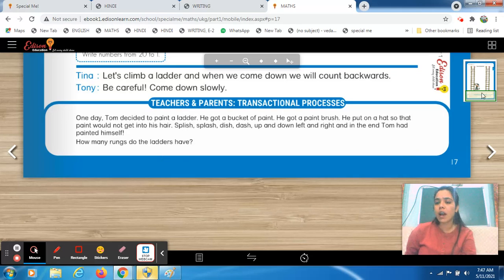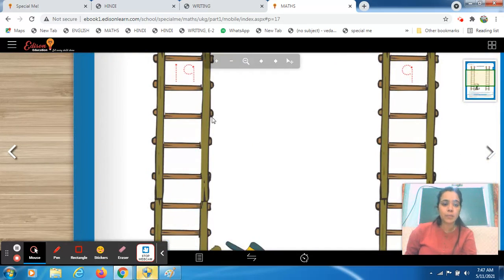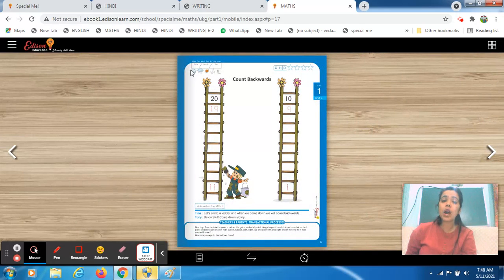Acha, I will tell you what is the meaning of rungs. Rungs means, ये देखो, this is the horizontal support ना जिस पे आप अपने feet रखते हो and you go up, right? So these are the rungs. ये जो horizontal support होता है जिसके through you go up, so उसको आप क्या बोलते हो? Rungs. Fine? Is that clear to you all? Okay, students. So now, first of all, we will cover this ladder and then we will do this one.